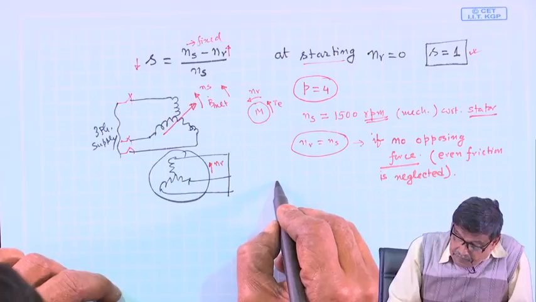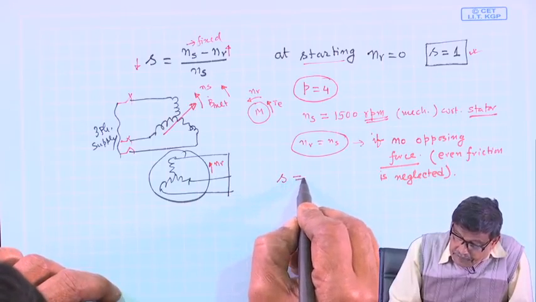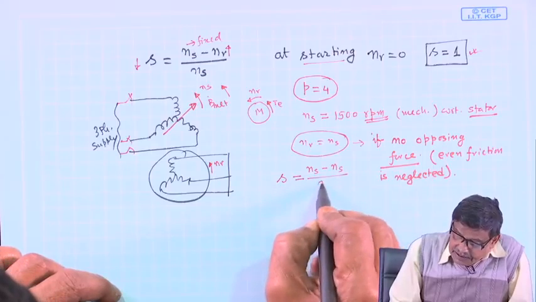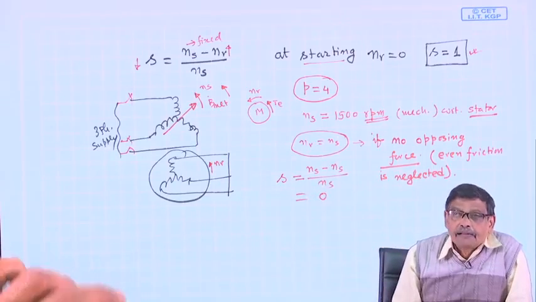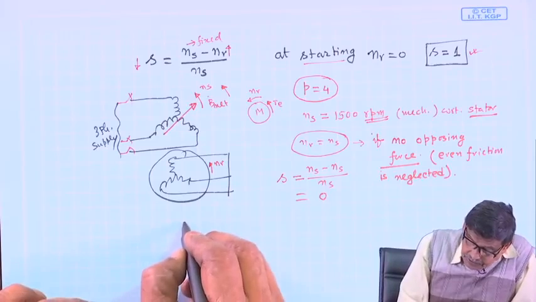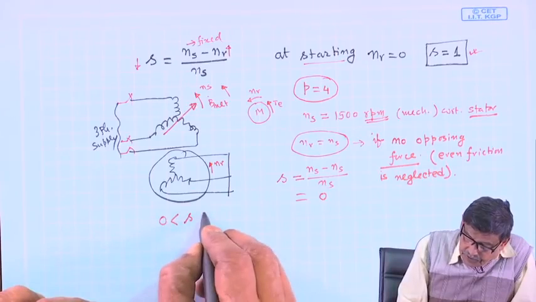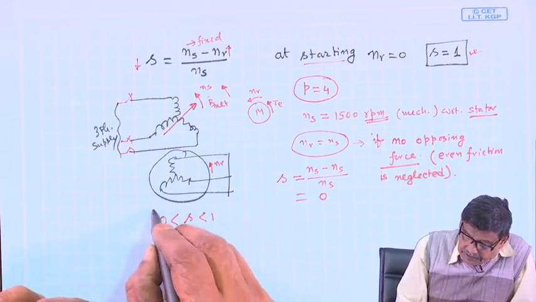Therefore, slip at that time is (Ns minus Ns) by Ns, equal to 0. Therefore, the range of slip for motoring operation is from 0 to 1. This is the range,